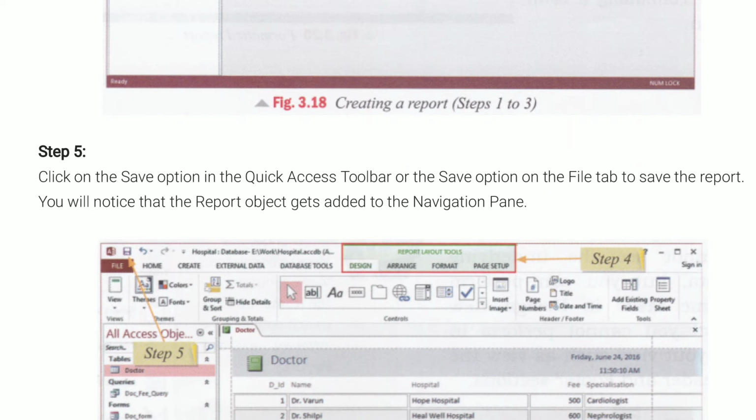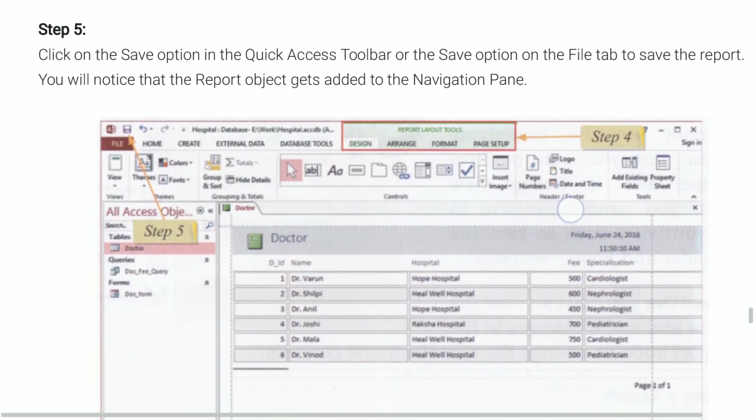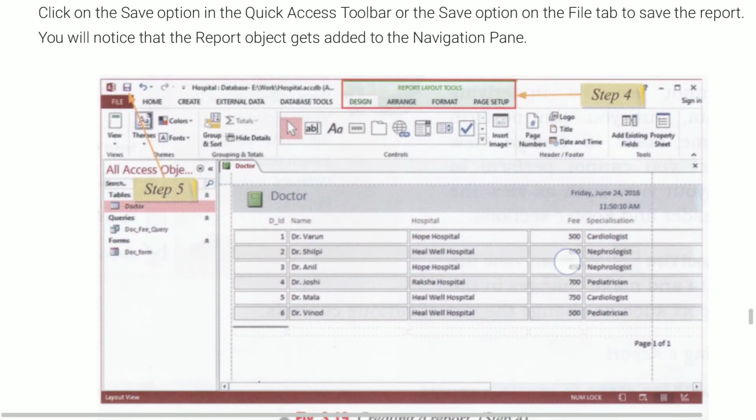As we create the report, if we want to make changes using these 4 options, we can make changes